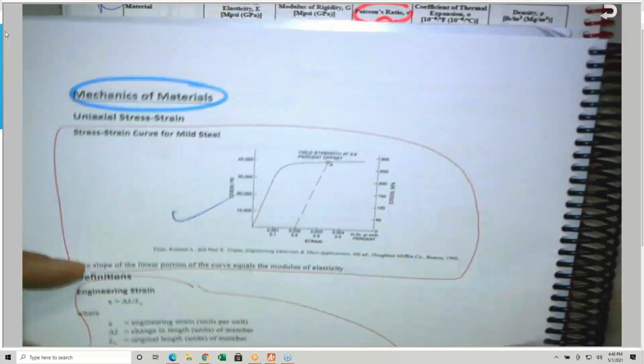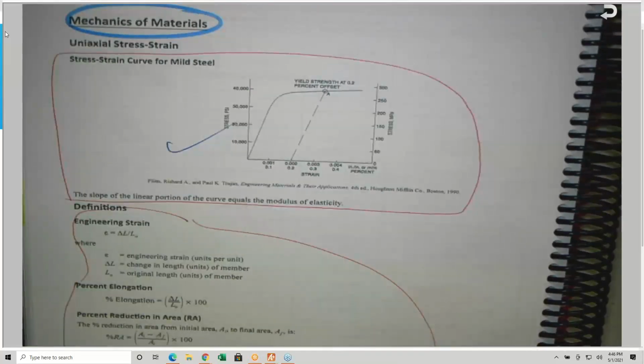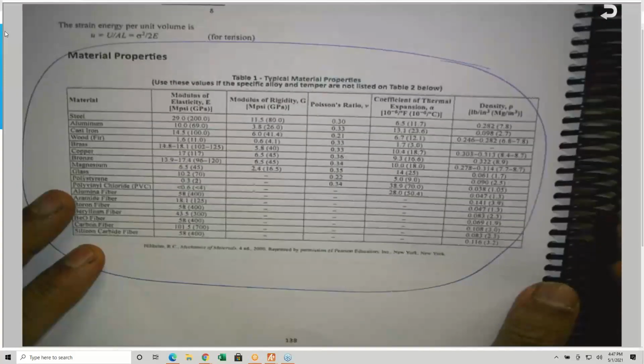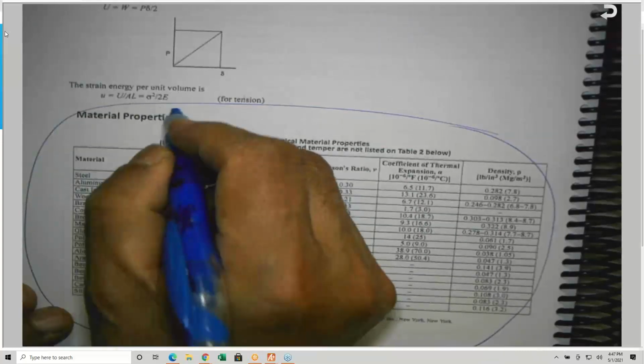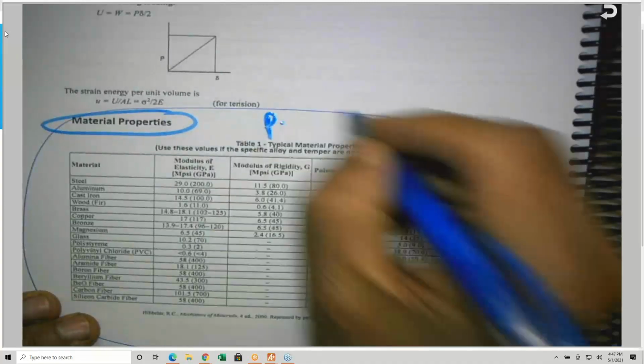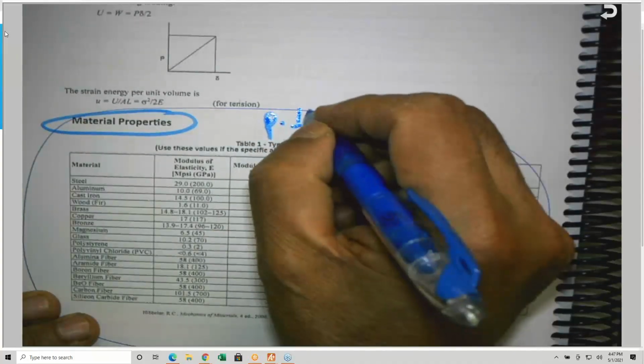So this is mechanics of materials, and this is where I extracted the information, the equations, the tables, the charts and so on, and I put them in boxes in my handout. At the end of this, you will find there are two tables, as we indicated last time. I'm sorry that I'm repeating some stuff because some of you are attending for the first time, so I have to bring everybody up to speed. So material properties, and this is specifically on page 138. And this book is your responsibility to download from the